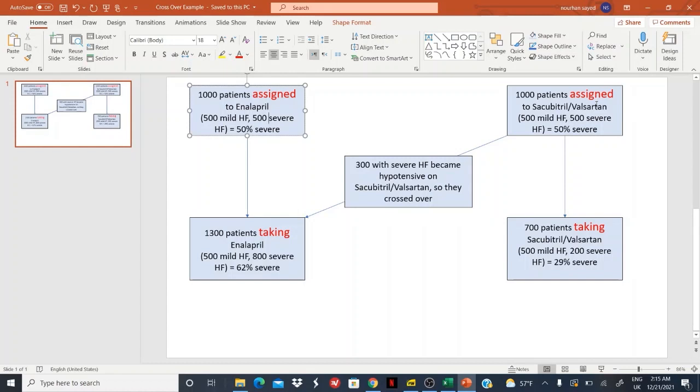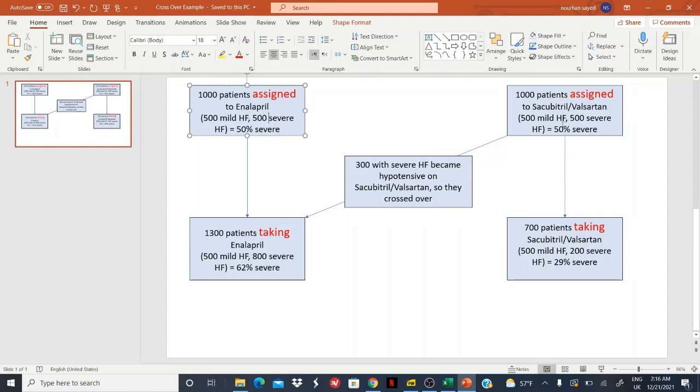Likewise in the sacubitril valsartan arm. Right, so it's a 50-50 split of mild to severe in both arms, which is good because you'd want your baseline characteristics to be well balanced between two arms. Now, let's say that the trial eventually takes place and that the patients in the sacubitril valsartan arm, in particular